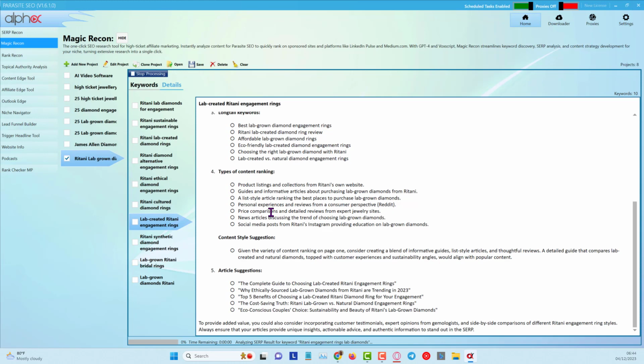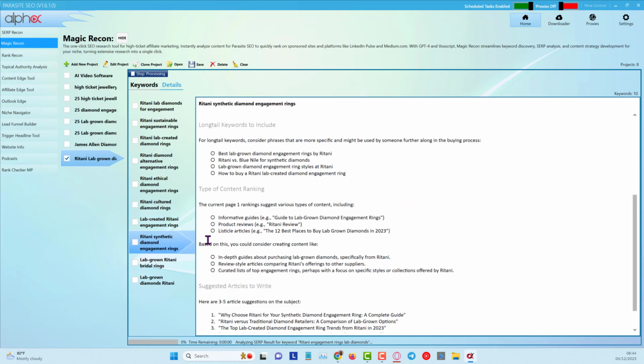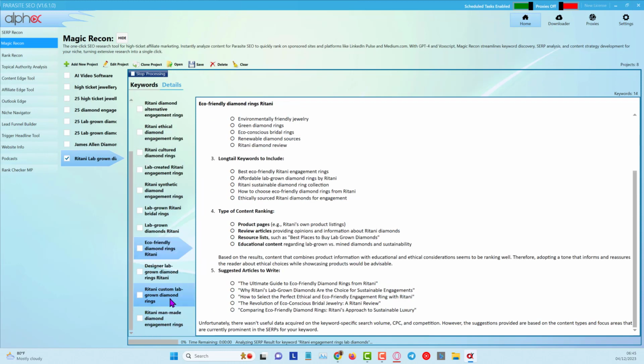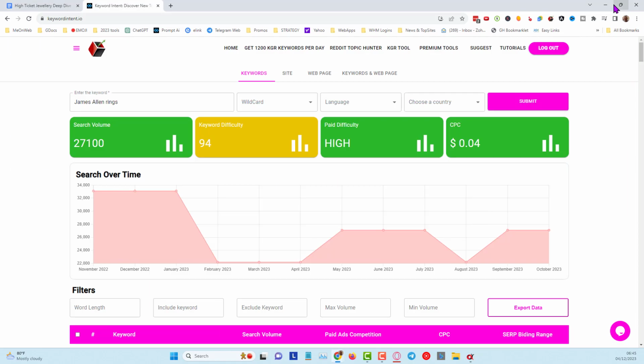There's just multiple angles. It's all about saturation. It's all about finding the different angles and hitting it in multiple ways with the simplicity of just a few clicks from tools like ParasiteSEO Pro. Got bridal rings, eco-friendly, etc. So as we start to go down that, what we want to do is, once you've decided on a keyword